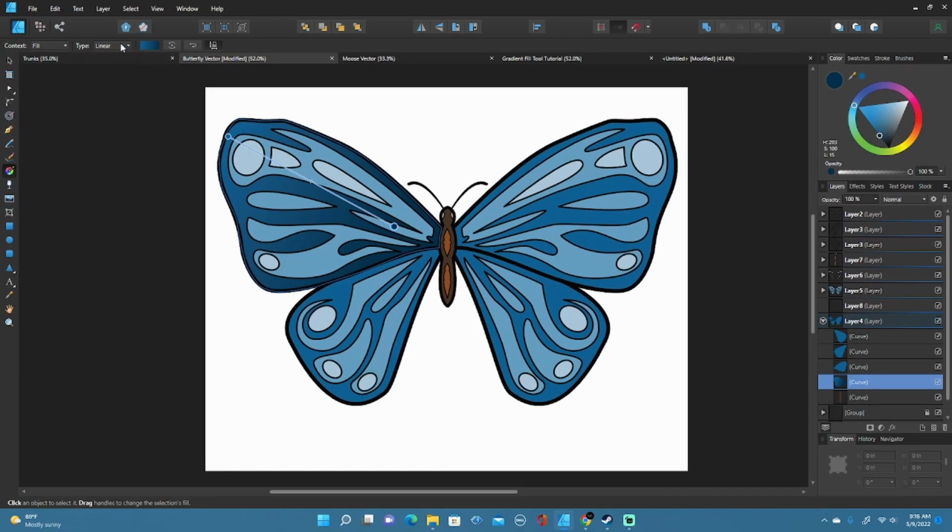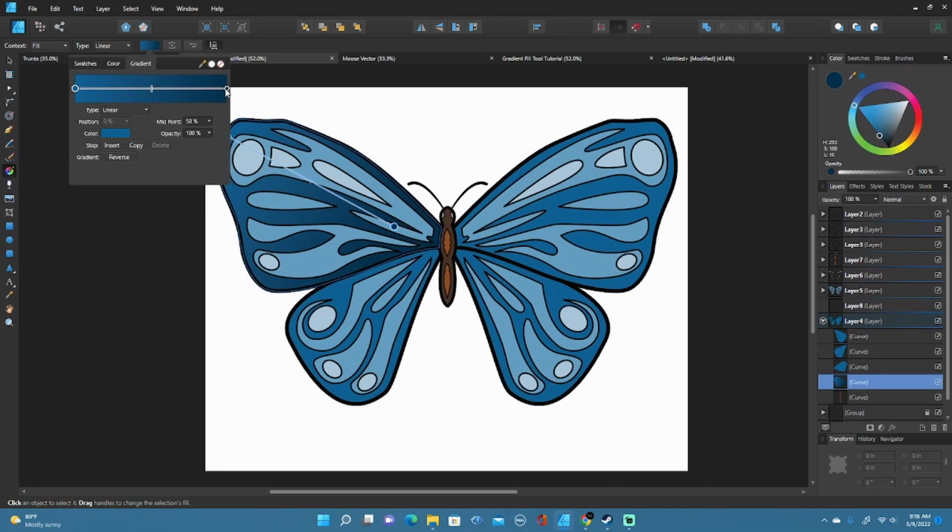I'm going to keep it on linear for now. I'll come to our color options here. I'm going to take this dark blue and go over to the color menu here. I'm going to bring this a little bit closer to purple. Just darken it up just a little bit. And then this light blue, I'm actually going to create another gradient node here and pull it towards the middle,